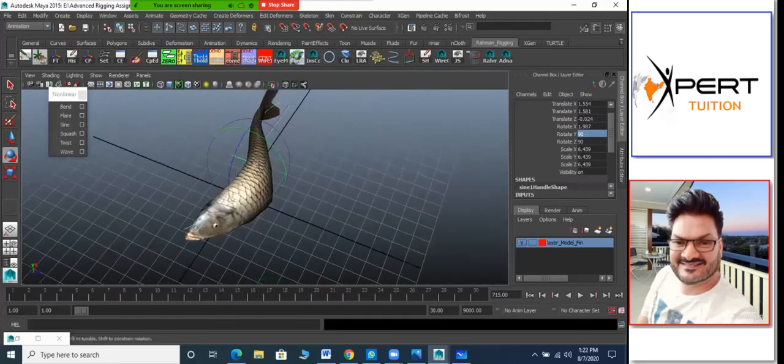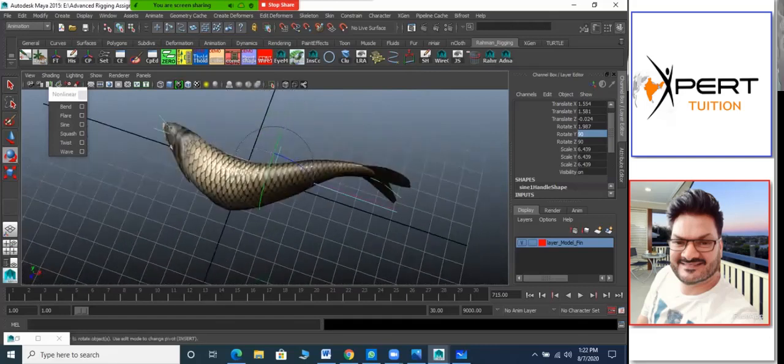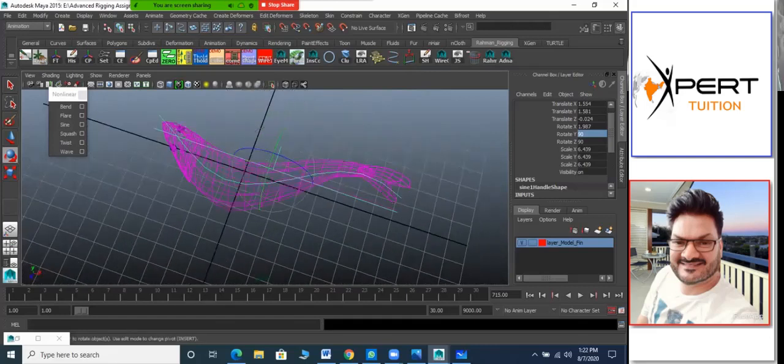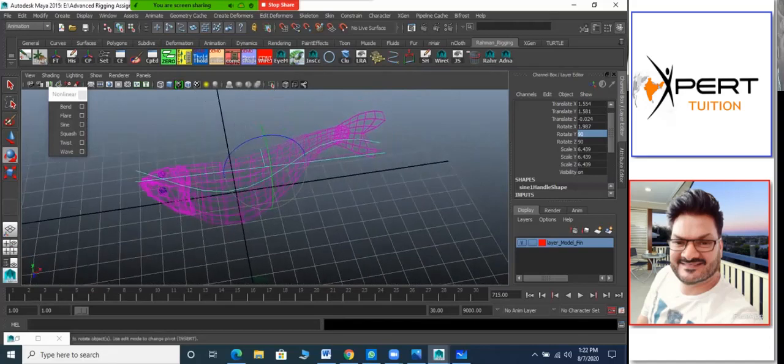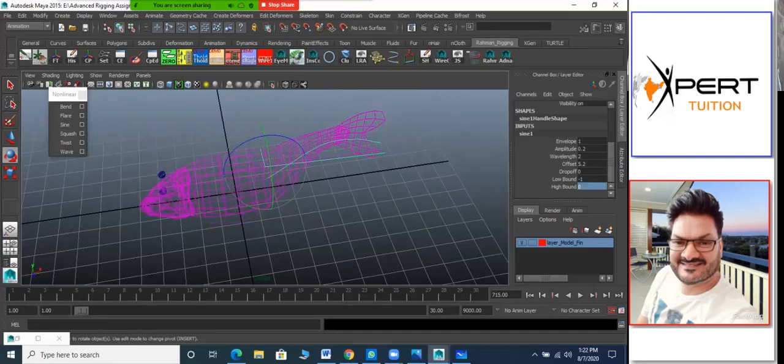Yes. Now we just need to do the same thing, the upper bound, lower bound kind of concept. I don't want the head side to bend, only the back side. So here also we can kill one side. So we need to identify is it higher bound or lower bound. I hope it is higher bound. So I make it 0. So only the lower bound is going to work.